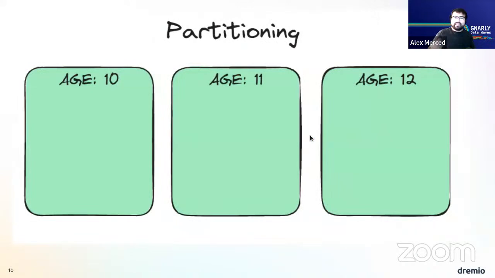Okay. And this is where partitioning comes in, where you say, hey, all the records with this value are going to be written in completely separate data files than any of the other ones. Okay. So if I were to partition here, let's say based on the value of age, all the records that have an age of 10 will be written to separate data files. All the records with age 11 will be written to separate data files.